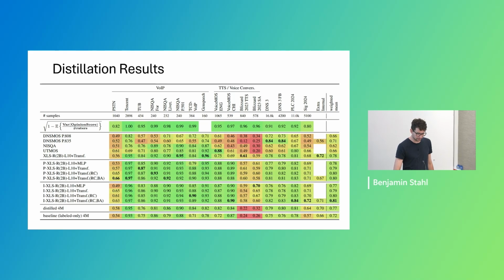And if we look at the weighted mean test PCC, Pearson correlation coefficient, we can see the original one has 0.81. Then the baseline that doesn't use distillation gets 0.72, and we can close actually a little bit more than half of the gap between the baseline and the SSL-based model using this distillation approach. It gets a little clearer on the next slide.